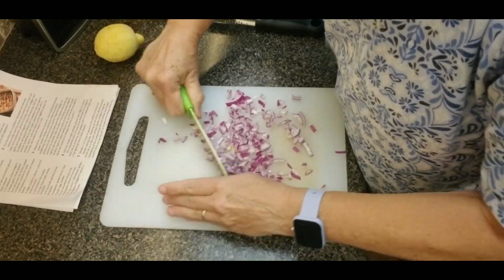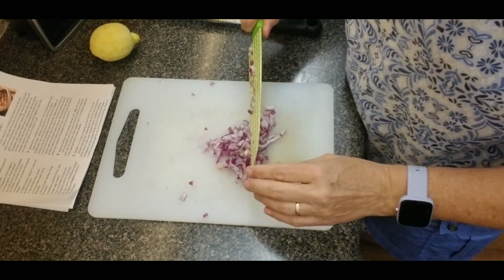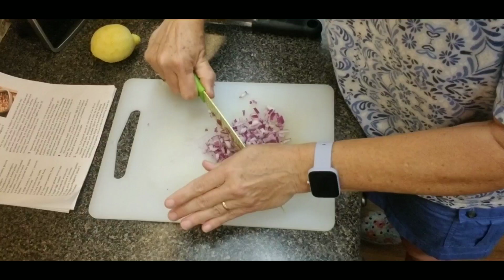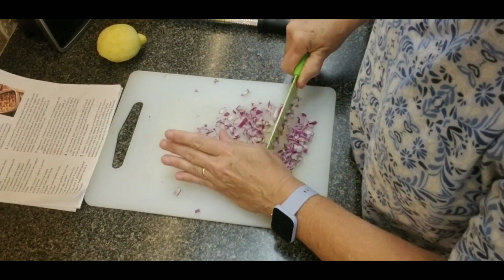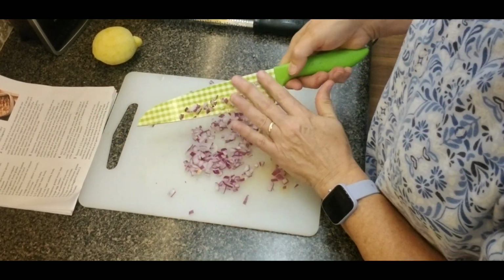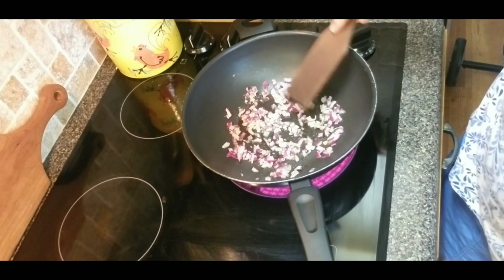We're going to start here today by finely chopping this, probably about a 1/4 cup of red onion. The recipe calls for 1/2 of a small yellow onion. Use your taste accordingly. Then we'll move over to the stovetop. I have my wok set up. We're going to add some olive oil to that, and we're going to end up sauteing these onions for about